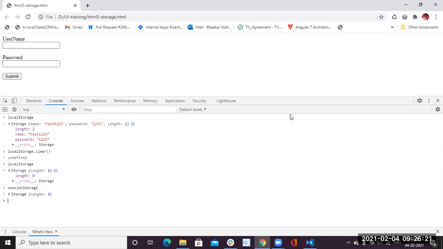Heading tags, all the heading tags from H1 to H6. We already saw how heading tags are rendered in the browser. After that, the paragraph tag, and then the formatting tags, where we saw different types of formatting tags.